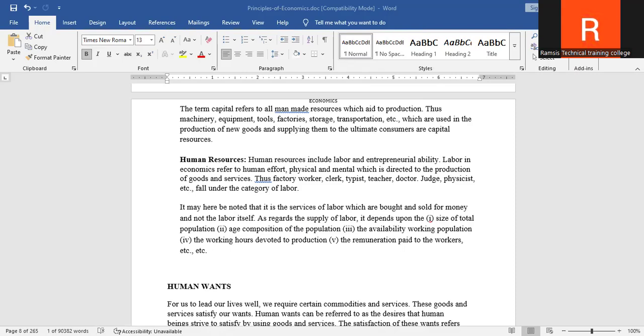We have got two main branches of economics. One we call microeconomics, and then we have what we call macroeconomics. Now, when you're talking about microeconomics, this is basically the study of the smallest economic decision making units of the society.